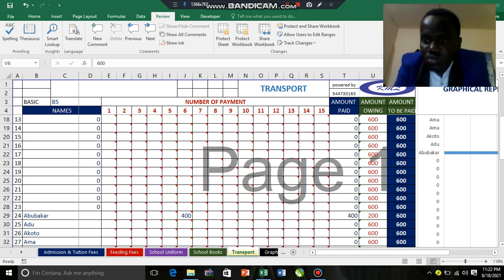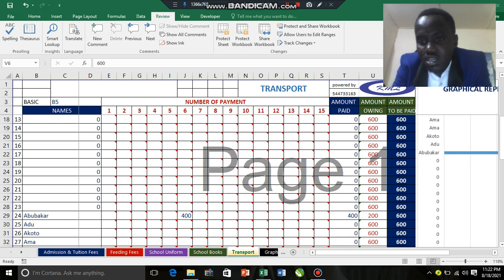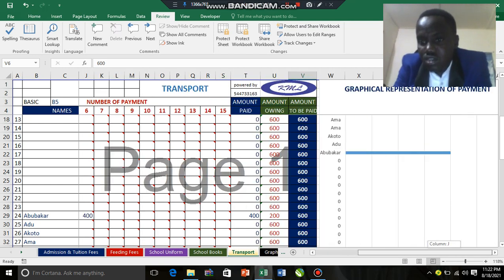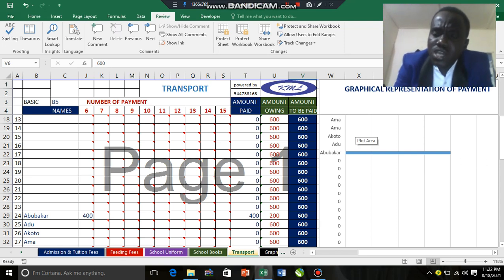So take a look at Abubakar. We entered 400 for Abubakar. Now the graphical bar shows that Abubakar is nearer to completion. So if you don't see a bar beside the learner's name, it means he has not made any payment with